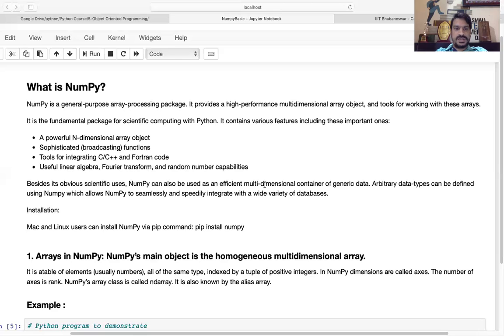NumPy is nothing but a general purpose array processing package. If we have any type of array in n dimension, n dimension means it may be more than one, right? If we have an array of one dimension, we know whether it will be a column array or row array, or you can say column matrix or row matrix, right? But if we talk about NumPy, NumPy supports arrays of n dimension. It provides a high performance multi-dimension array object and tools for